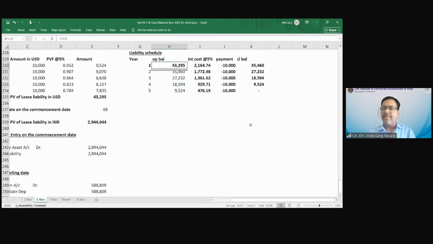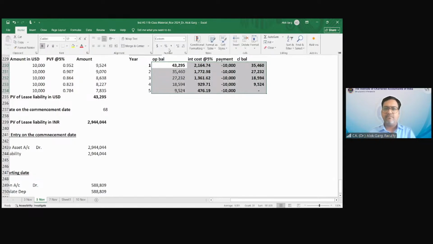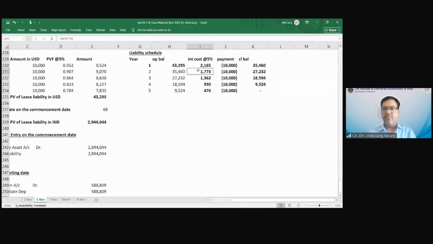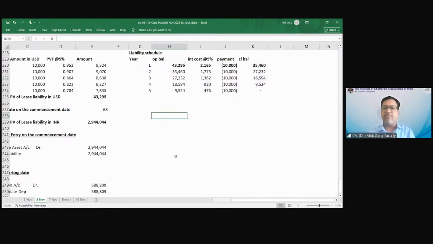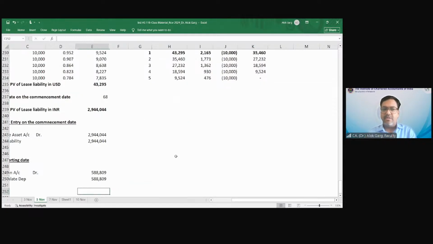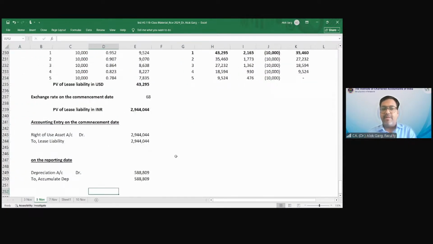It becomes 0, right? Now I have to do the first year accounting only for the lease liability, for the lease payments. So in first year, what will I do? Interest cost, like I have booked depreciation on ROU, I have to book interest cost on lease liability also. Yes or no? Yes, sir.